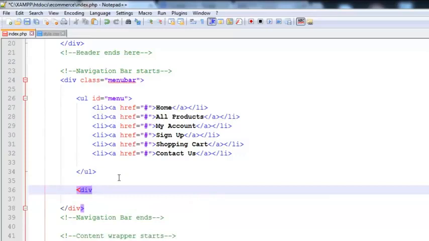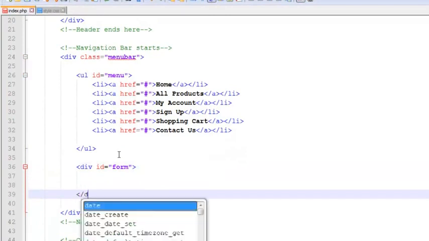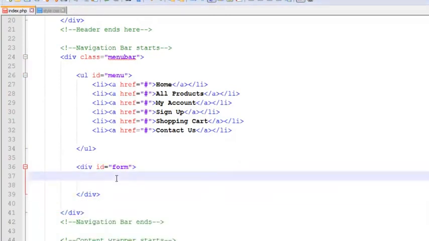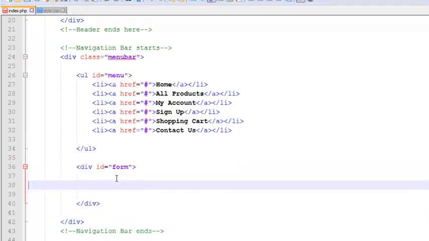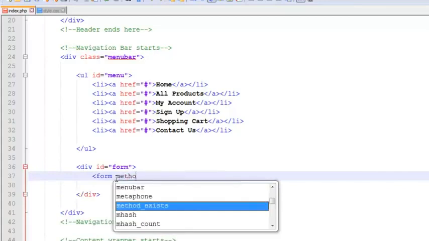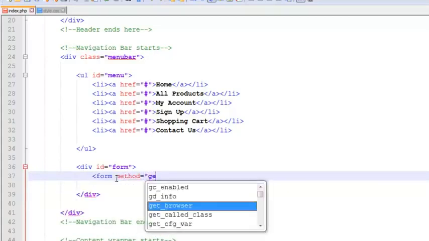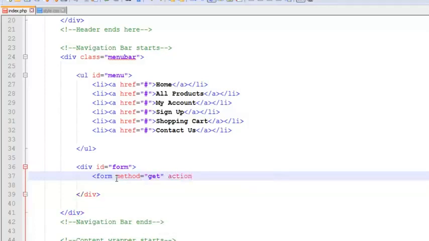Simply add a div tag, and its ID will be form, which we have not created but we will create, of course. And then close the div, and inside the div tag insert a form tag. Its method will be get, and the action page will be